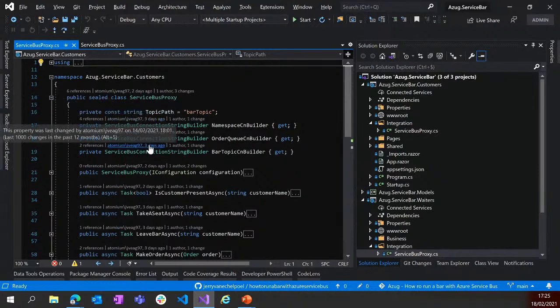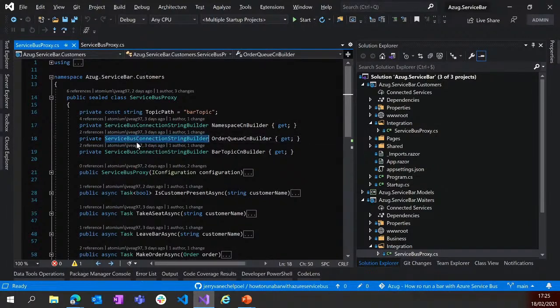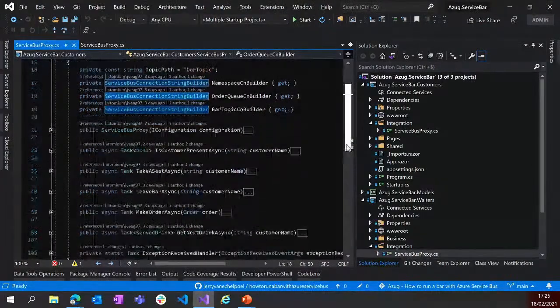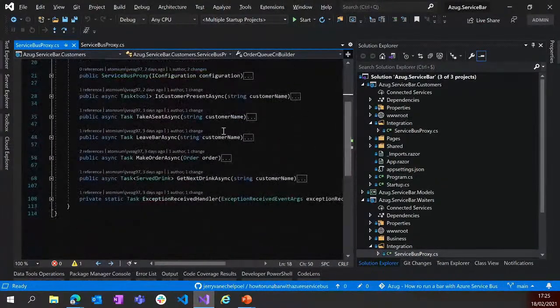And just to enqueue items on the ordering queue, we use a service bus connection string builder. So this is just a connection string as you would use. And to make sure that you can order items,